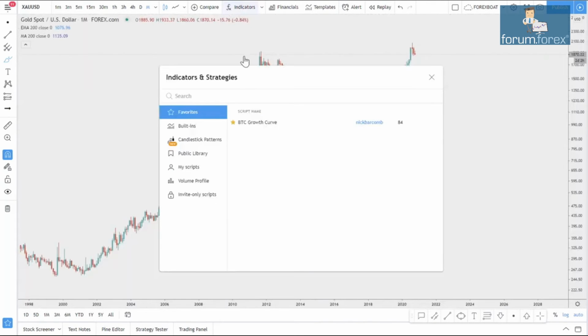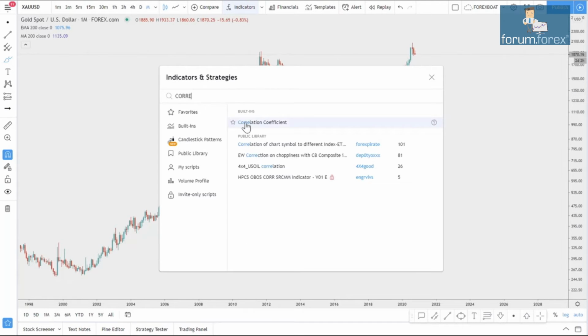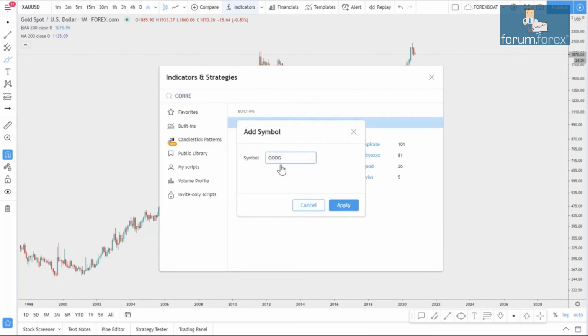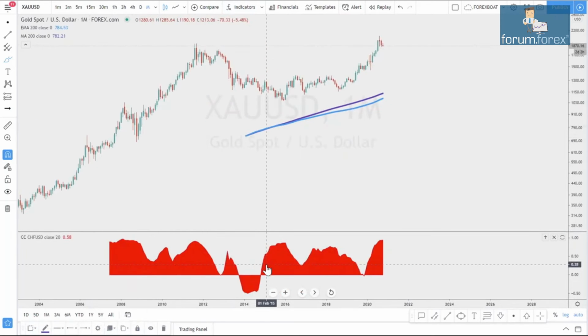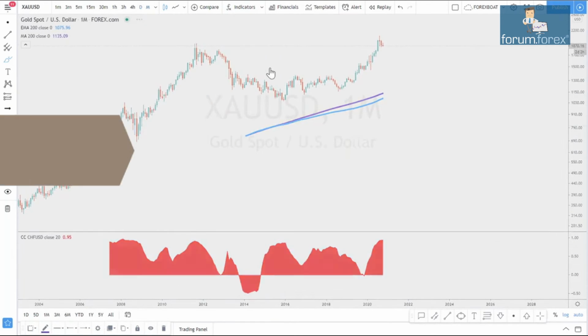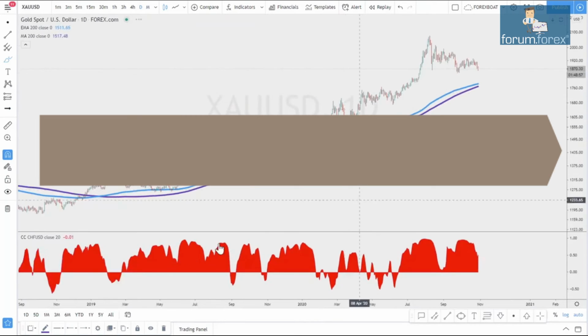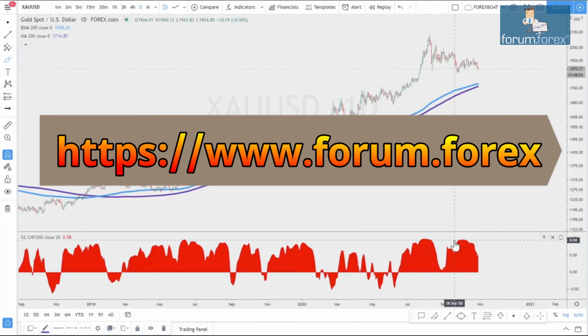For example, if you go to indicators and just simply type correlation and enter it. Now we choose, for example, dollar Swiss franc, because we want to see the correlation to the Swiss franc. But to make it not a negative but a positive correlation, I will enter Swiss franc versus USD. You can choose the broker you want, apply. So here we have the correlation. I will just go to daily, it will be easier. Okay, it shows us that the correlation here is at the maximum at